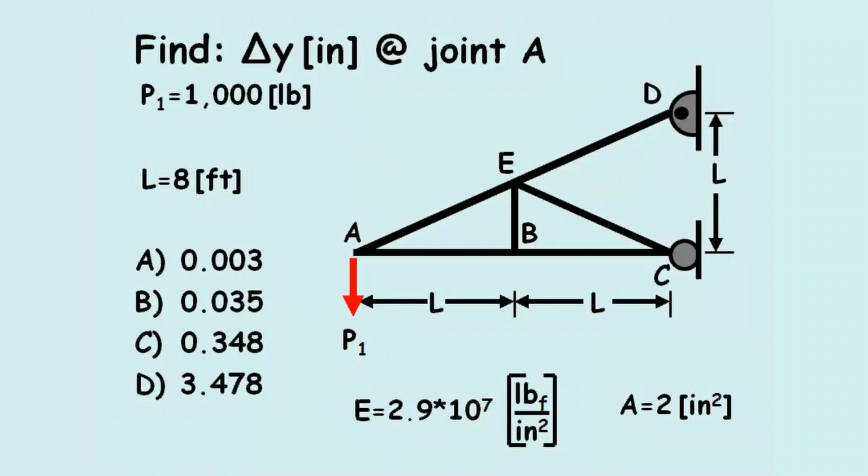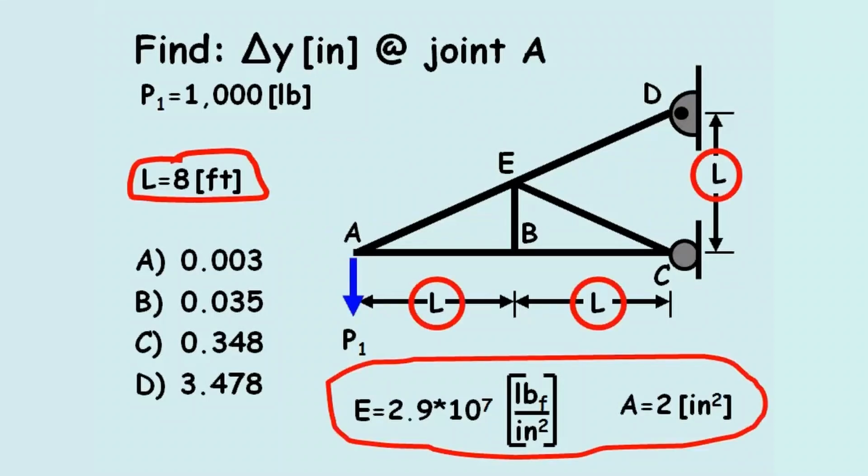Find the vertical displacement delta y at joint A in inches. In this problem, a truss is subjected to a vertical downward point load P1 acting at joint A. The dimensions of the truss are given, and the Young's modulus and cross-sectional area are also provided, and constant for